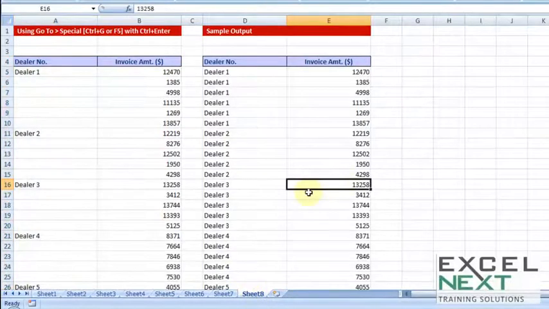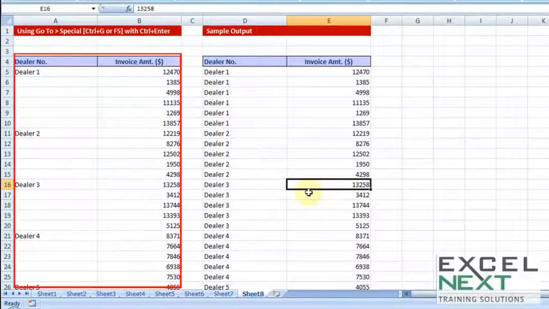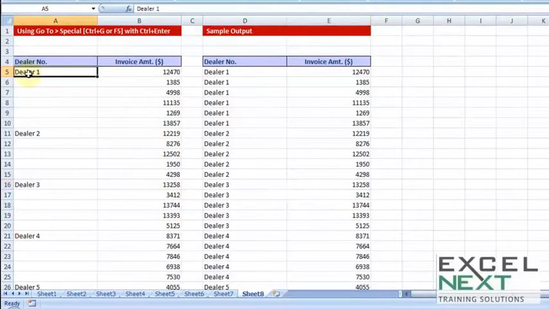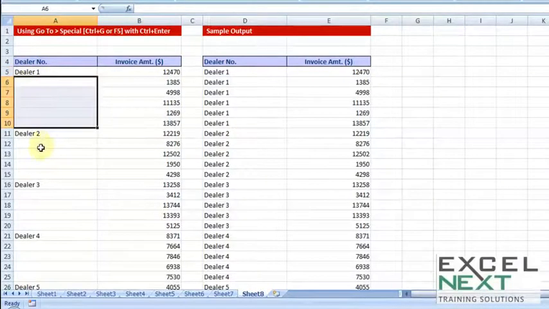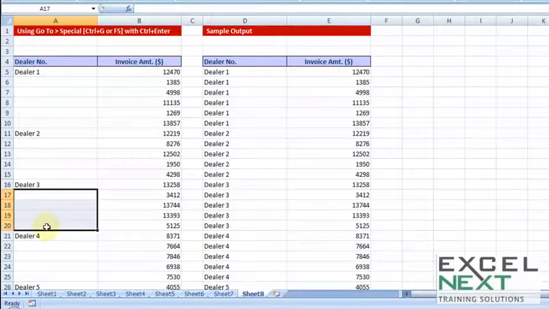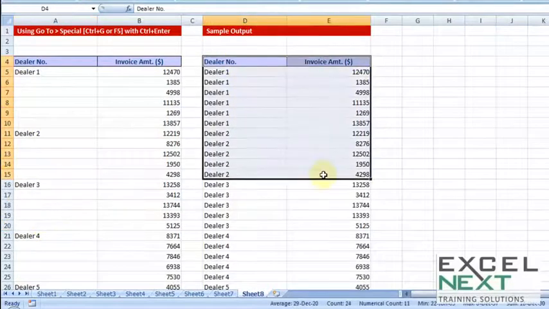Alright, now sometimes when you get the data exported from ERP, several ERPs, SAP or maybe Oracle or maybe Tally, depending on the version, you may be getting data like this. This is just an excerpt where you may have the dealer or the vendor name or the project ID code, and there may be several transactions which may pertain to that particular dealer. Now unless you fill in this gap with dealer 1, dealer 2, dealer 3, etc., you will not be able to apply sort, filter or pivot table or any such analysis in Excel.